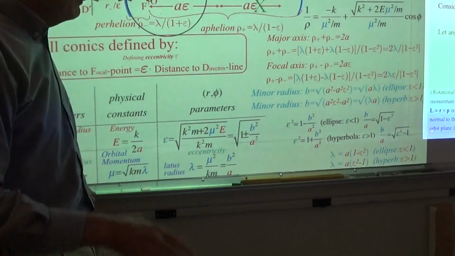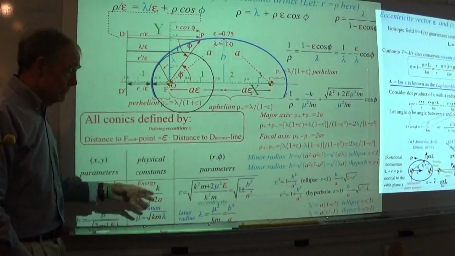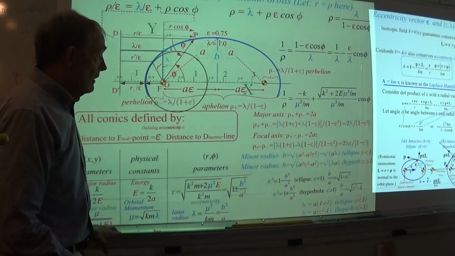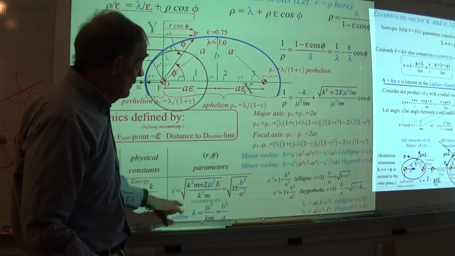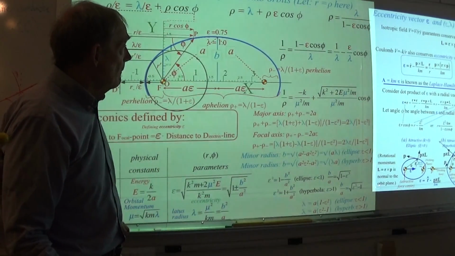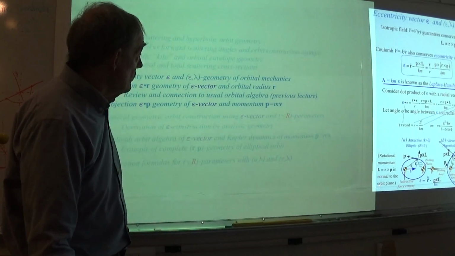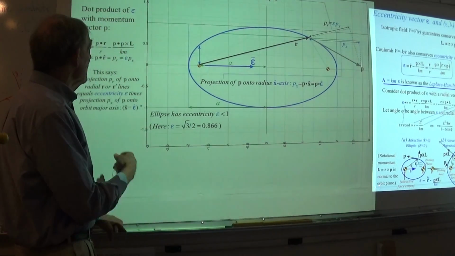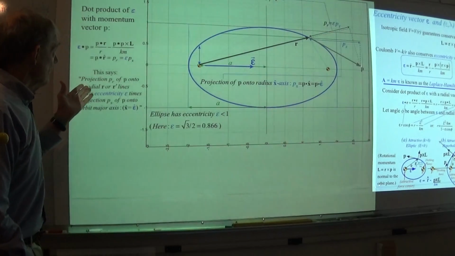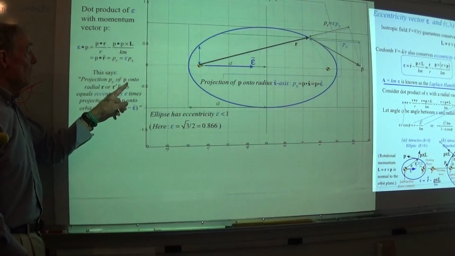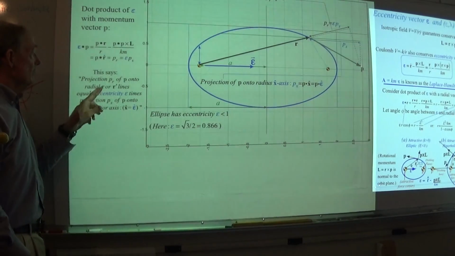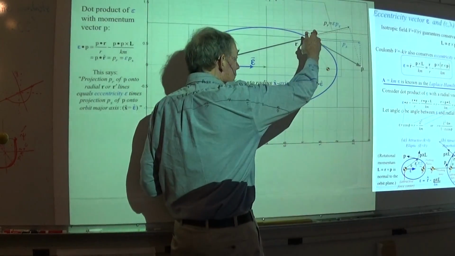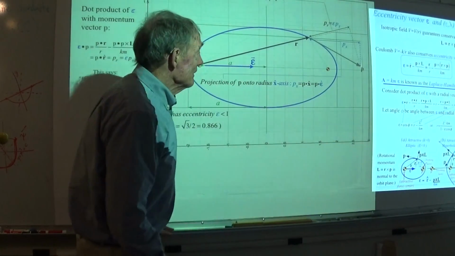Just to remind you what we had to go through in the last lecture, and the results are being stated here. The table of physics versus geometry is pretty much the same as the one I gave you. I added this little piece there just to help. So what I wanted to do now is talk a little bit about the geometry that has to do with the P dot R, but I'm not going to do much with that. It is a kind of a neat thing. It says the projection P_R of the momentum onto the radius, either the radius that actually comes from the force center or the radius that comes from the nothing burger focus,